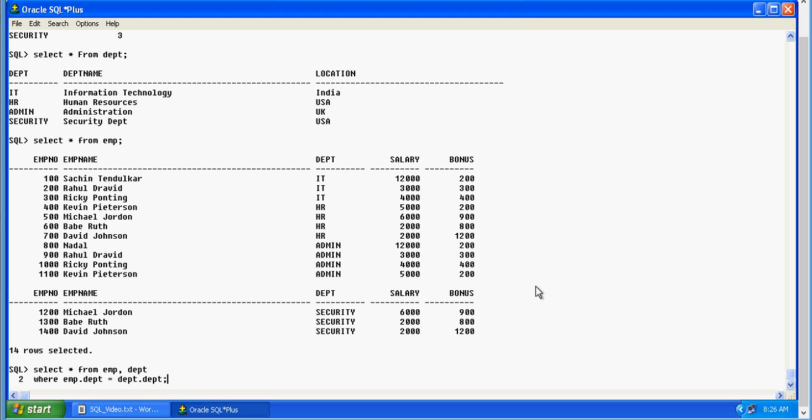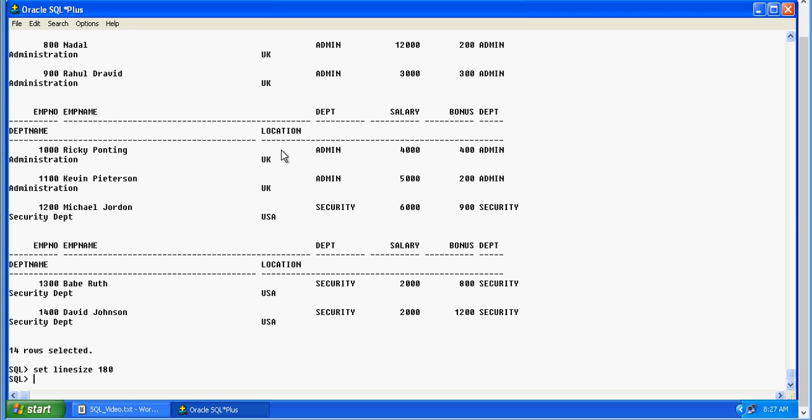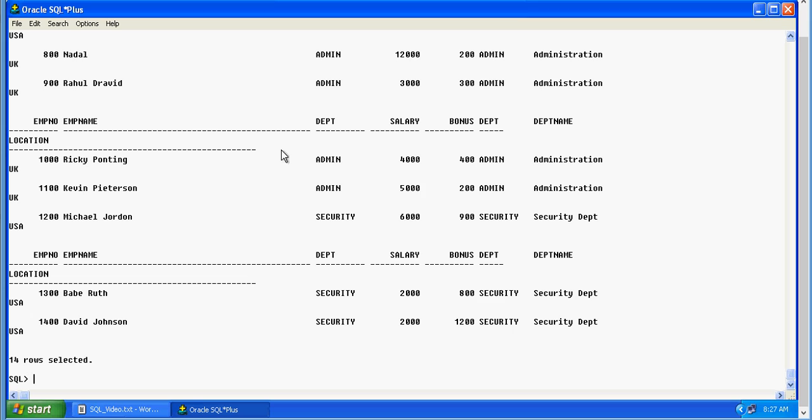Oops, let me set the line size. So you can see that in one single row, all the columns from department and all the columns from employee are listed together.